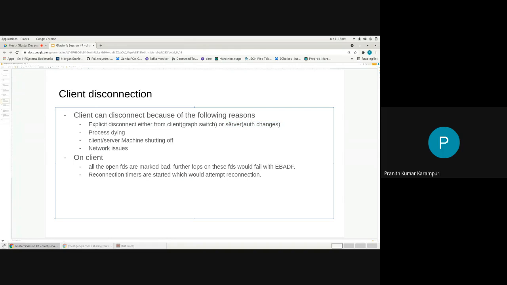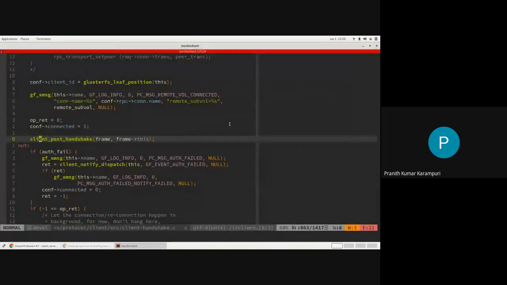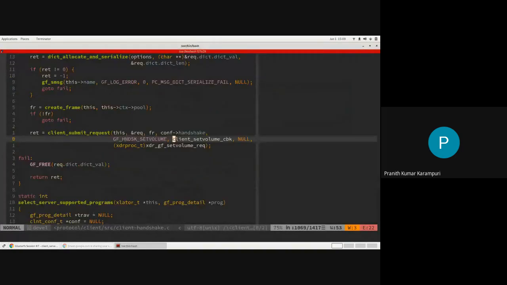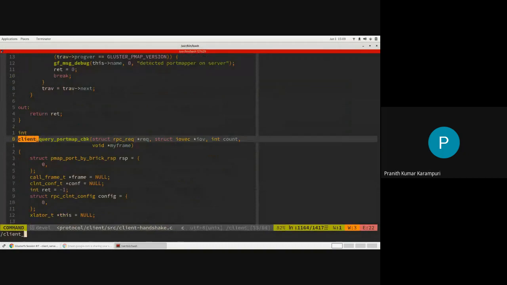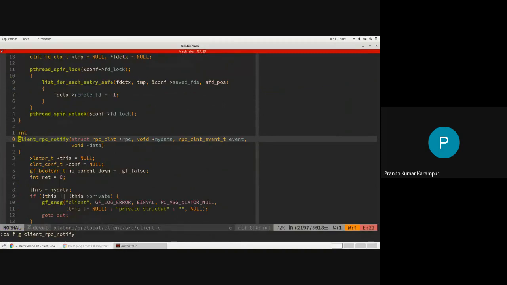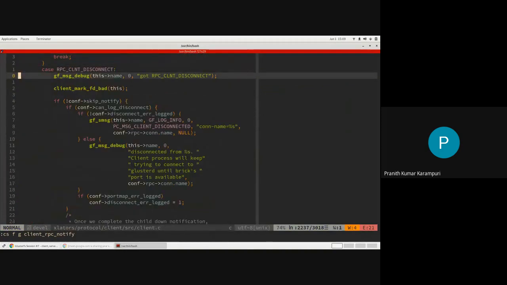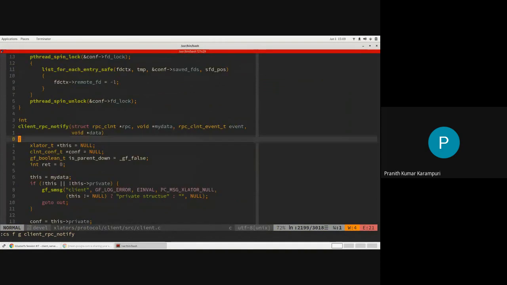So what will happen on a disconnect? So it's again the same code. It again is client RPC notify. So it's the same situation.